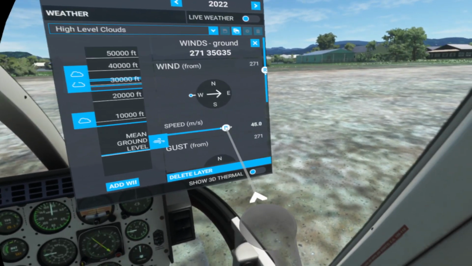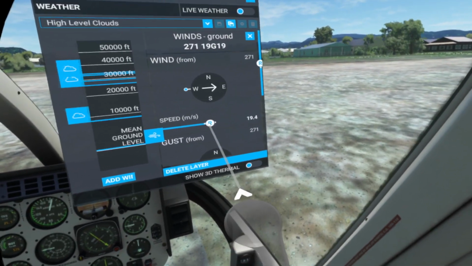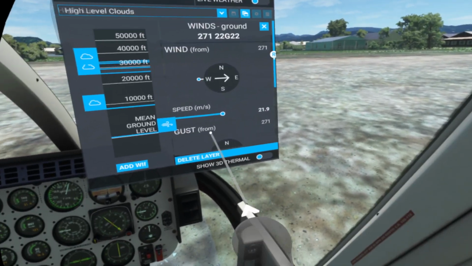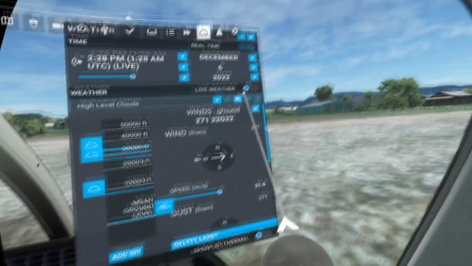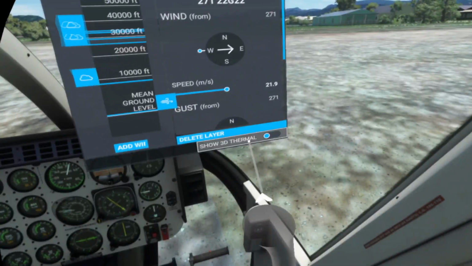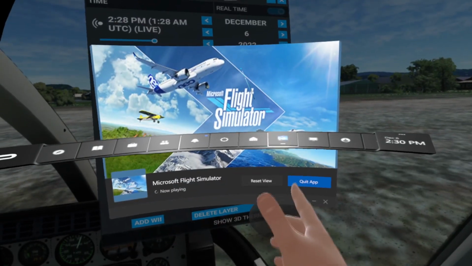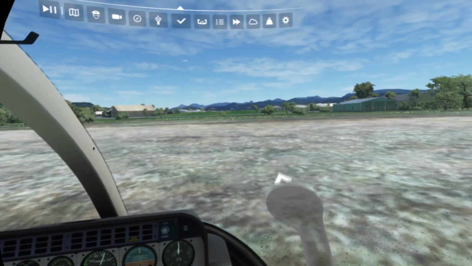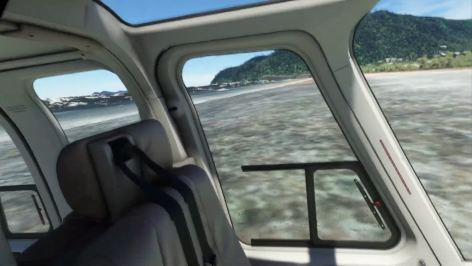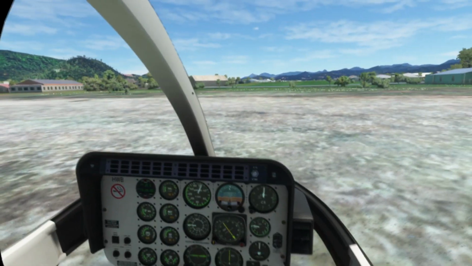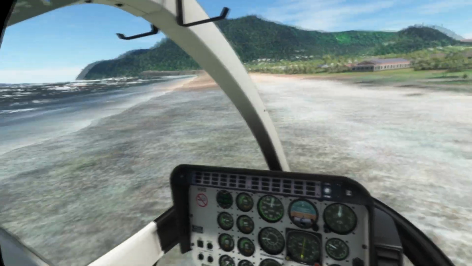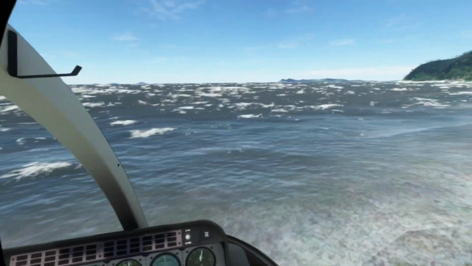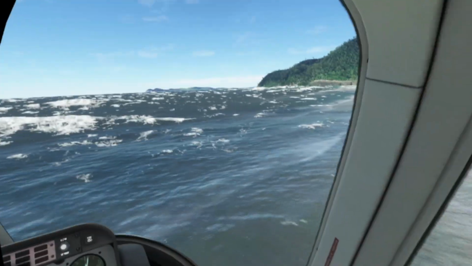We'll increase the wind speed so it's quite windy. We're at about 21 meters a second near the ground, so we'll see what that does in relation to the sea and everything. So we'll just turn this off. And you'll notice this is quite remarkably different to what you'll see in X-Plane. So we've turned the wind up quite considerably, and look at the sea, how amazing that looks with